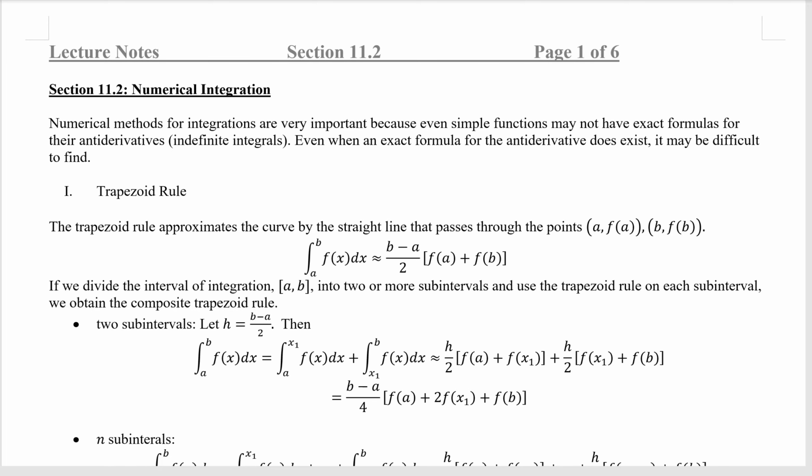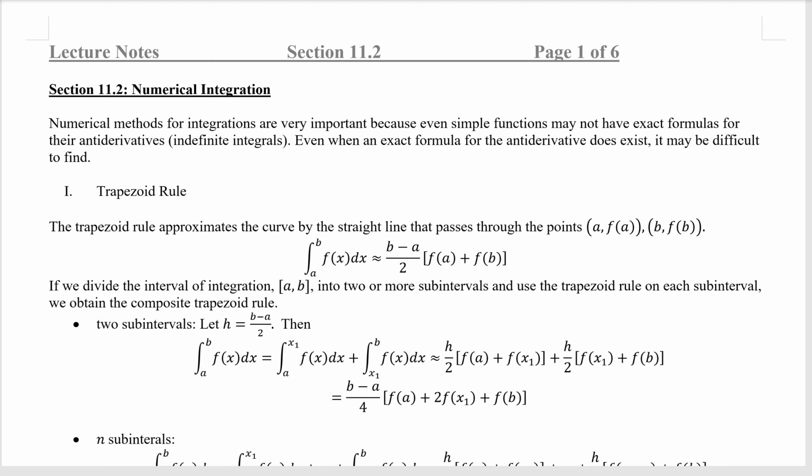Hi everyone. Last time we talked about numerical differentiation. So today, let's talk about numerical integration. Numerical methods for integration are very important because even simple functions may not have an exact formula for their antiderivatives, which